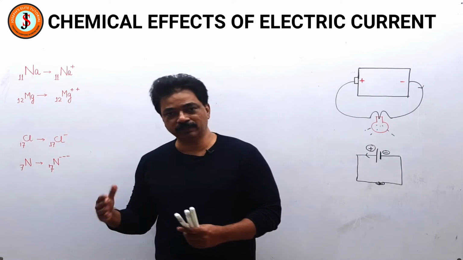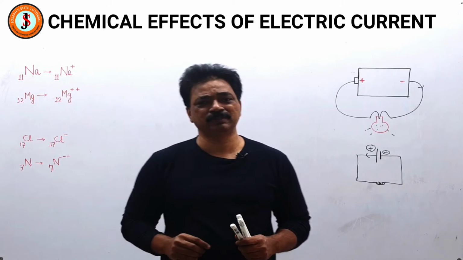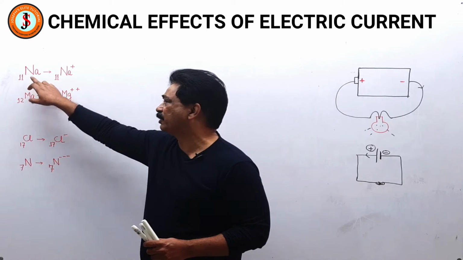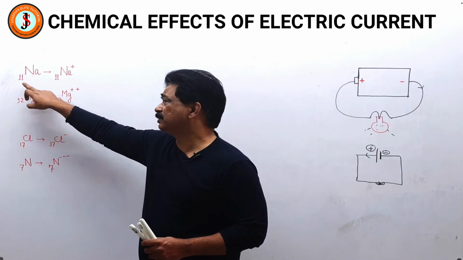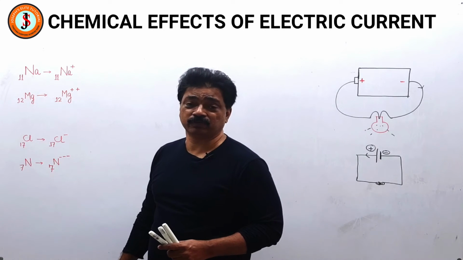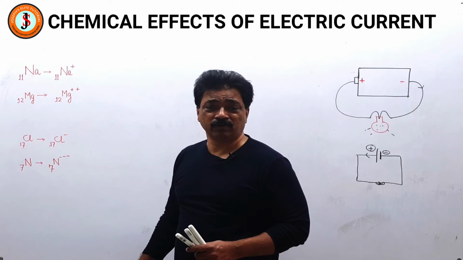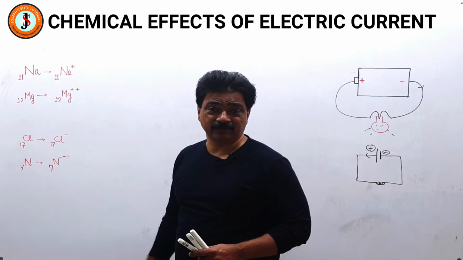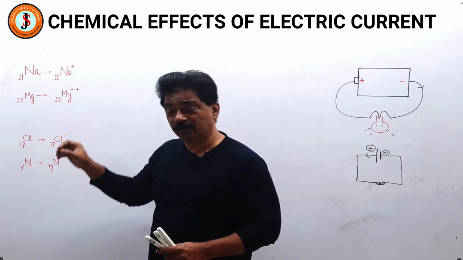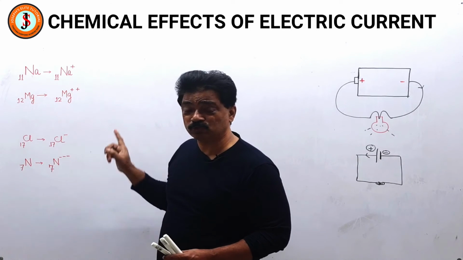Then let us try to also understand what the positive sign is that is put on certain symbols. This shows the symbol of a sodium atom. This number will exactly be the number of protons as well as the number of electrons when there is no sign. But here you see there is a plus sign. Sodium atom contains 11 protons and 11 electrons. But what has happened? There is a plus sign. That means extra protons are there, but the protons don't move out.